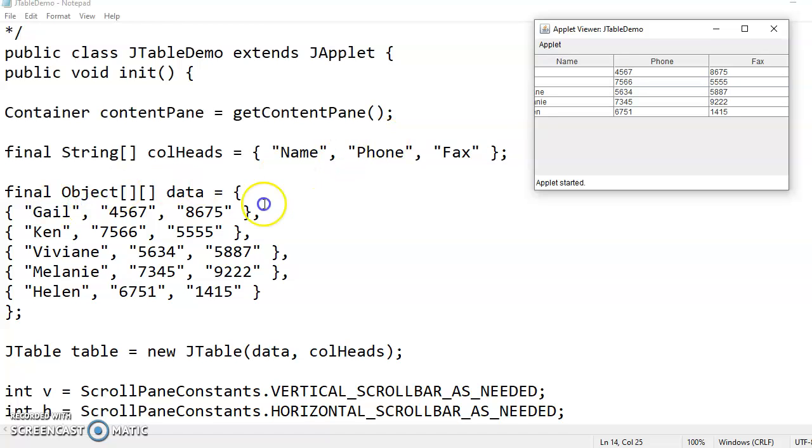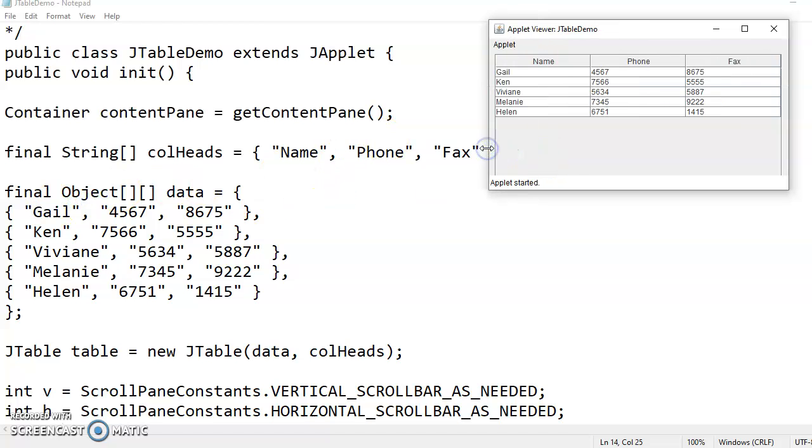So whatever values are there, you have to pass those values within double quotes, and after each value is passed, you need to write a comma, so enter the value of the second column, then the third column. So this data is nothing but a two-dimensional array. To enter two-dimensional data, you need a pair of curly brackets for each row, like this we have. And within this, you have to provide the values for each column.